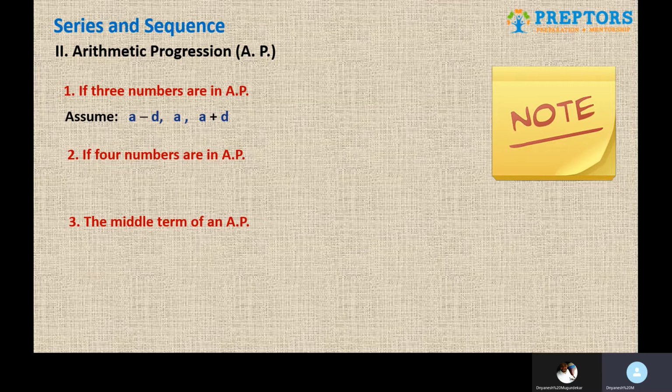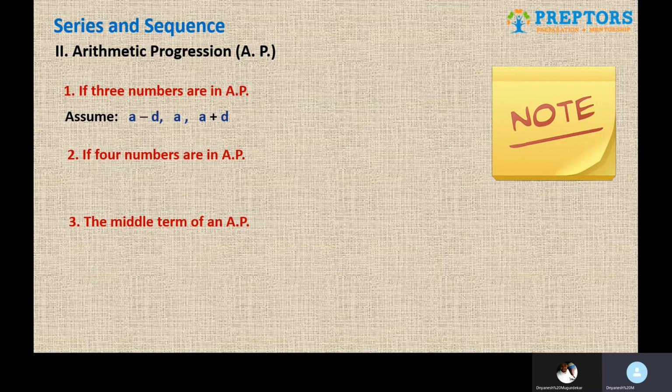The reason to write this in a very smart way is that when you add these three terms all together, minus D and plus D get cancelled and you are left with only 3A, only one variable for your further simplification. And this is why this is a way better option than writing A, A plus D and A plus 2D and so on. If you add those, you would not have one variable, you will have two variables to deal with. So that complicates your simplification unnecessarily. So try to keep things as simple as possible, and hence these are the ready-made smarter ways that we are trying to tell you in terms of simplification.